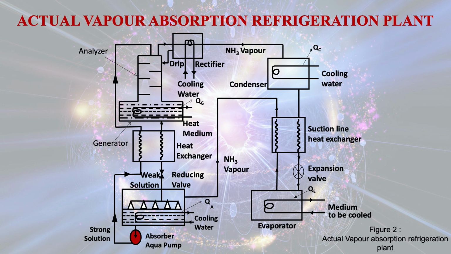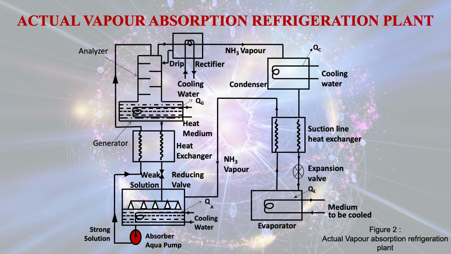If water vapor passes through the condenser, there may be ice formations in the expansion device. So to overcome these difficulties, we must have an arrangement like analyzer and rectifier systems embedded with the vapor